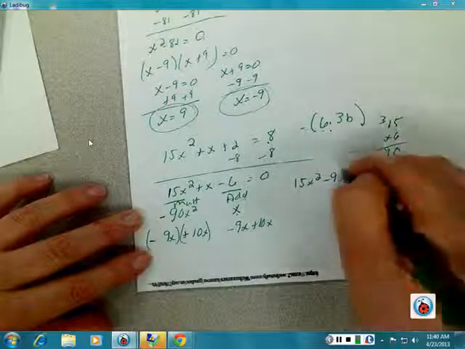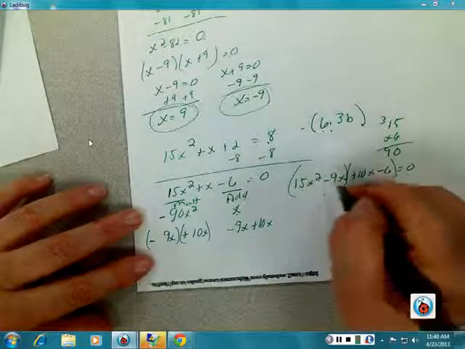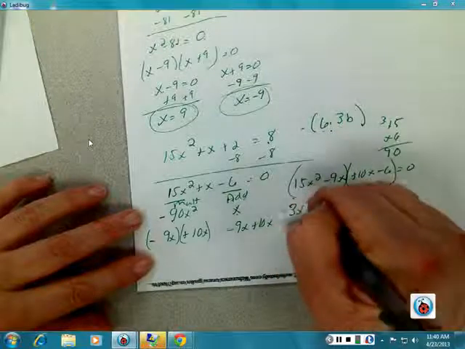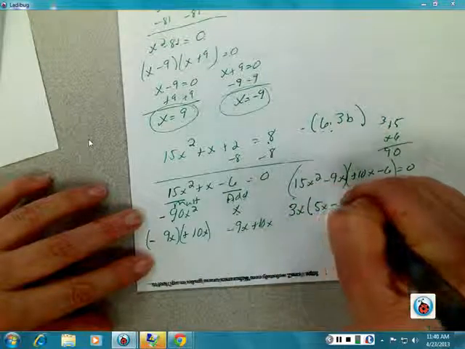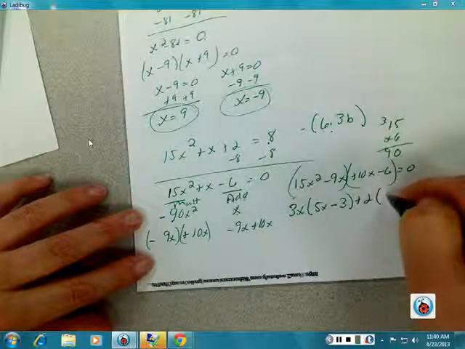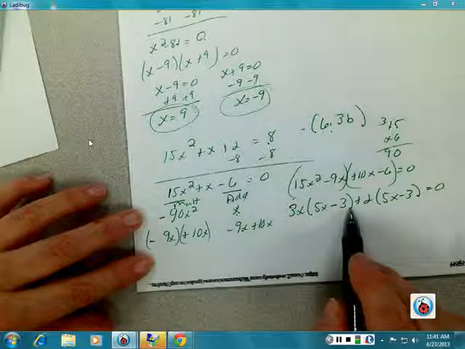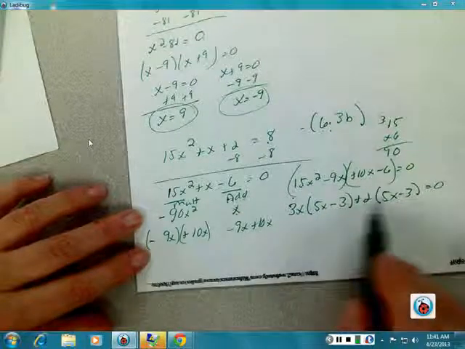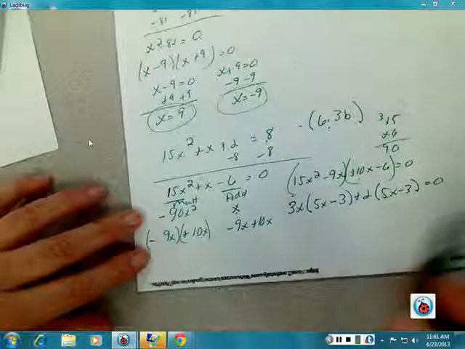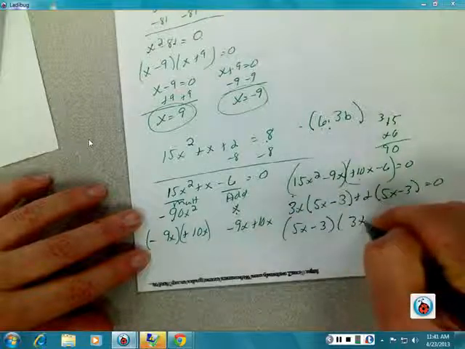Group in my 2's. Now I'm using that kind of factoring where I break stuff apart into 2 different pieces. First piece I can pull out a 3x. Leaves me with 5x minus 3. Second one I can pull out a 2. Leaves me with 5x minus 3. I did my math correctly because those two are identical, and you have to have these two matched. So 5x minus 3 times 3x plus 2